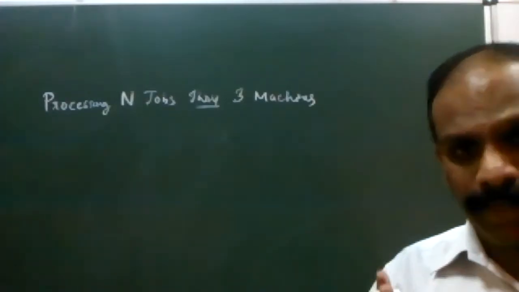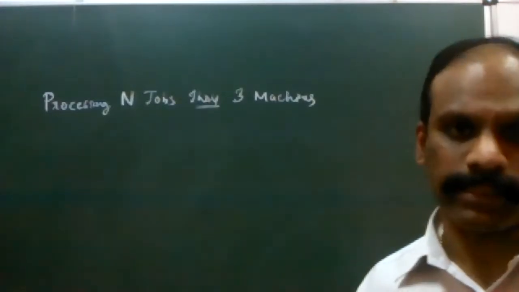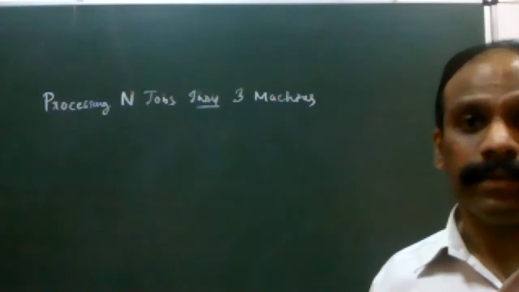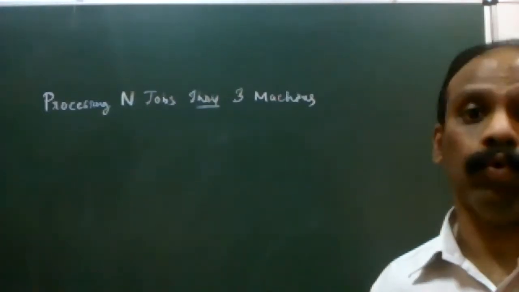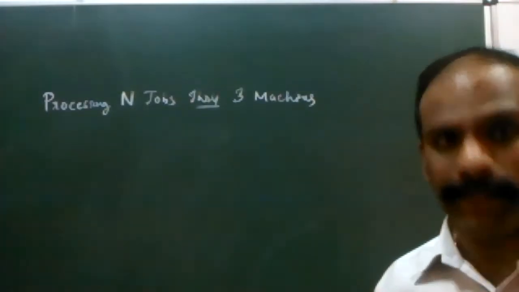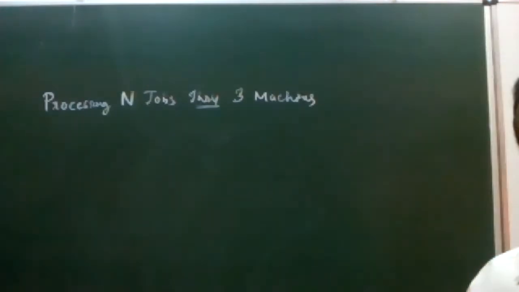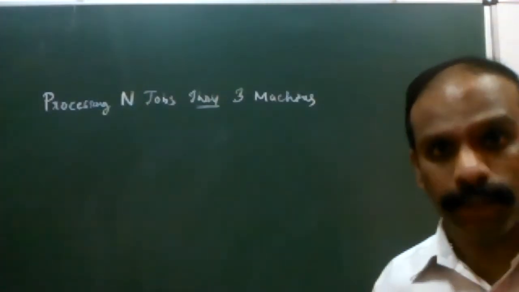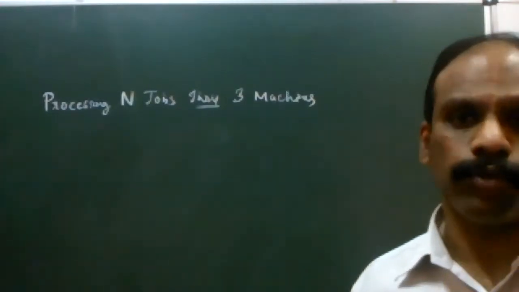The process of converting 3 machine into 2 machine is only for one particular purpose. Now what is that purpose? For applying Johnson's rule. Because Johnson's rule cannot be applied if the number of machines is more than 2. Please remember this concept very clearly. Therefore, in order to ensure that Johnson's rule becomes applicable, we are going to convert a 3 machine problem to a 2 machine problem only for applying Johnson's rule.